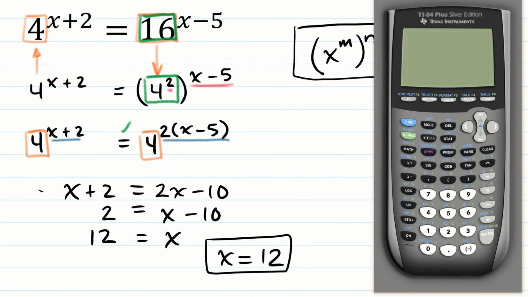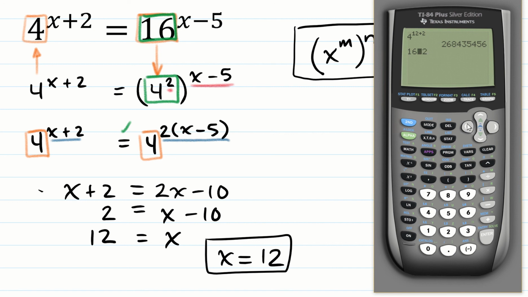I'm going to check it with my calculator friend. Turn on, calculator. Calculator is turned on. Let's clear the calculator. So I'm going to have 4 raised to the power of 12 plus 2. I could write 14 there because that would be the same. It's a large number. Oh, but it didn't go to scientific notation. That's cool. And then on the other side, I'm going to have 16 raised to the power of 12